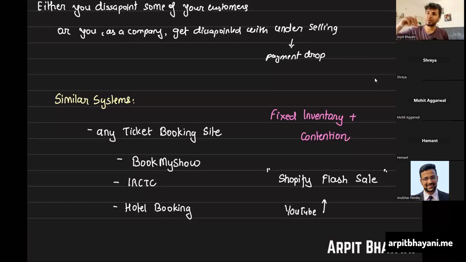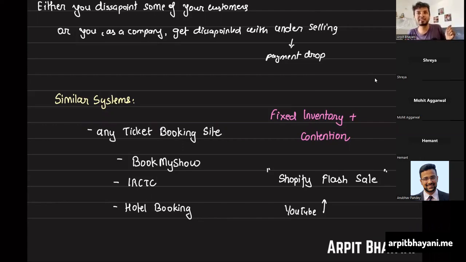If you can run that campaign, it continuously keeps your brand name floating around in the market, right? Okay. So now the thing that we just designed, you can take this and build Book My Show. Very similar to this. People trying to book movie tickets, fixed inventory, limited seats, people contending for it. One person gets the seat, it becomes unavailable until the payment happens in 12 minutes. If the payment does not happen, then the seat is marked available again.